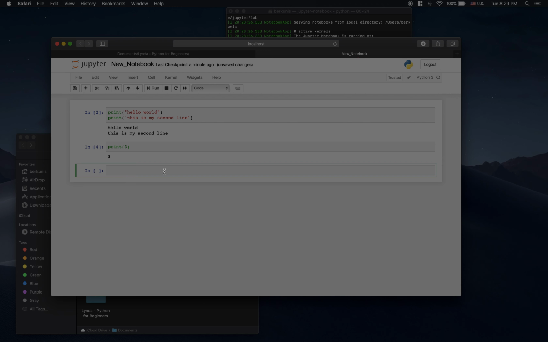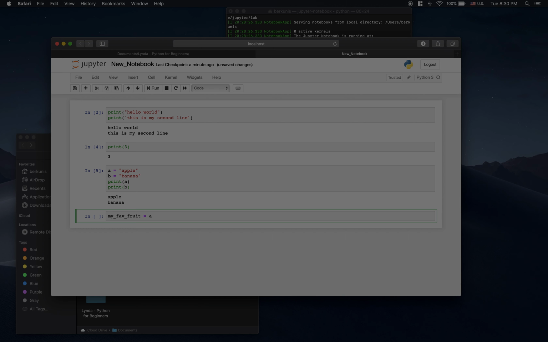So let's do another example with variables. For example, let's do a equals apple, and then b equals banana. Now let's print a. Notice that when it's a variable, I no longer use the quotes and I just type the variable name. It will print my variables. My favorite fruit